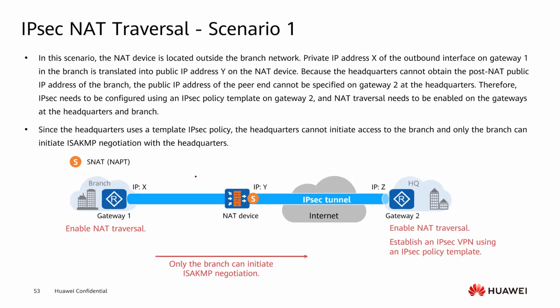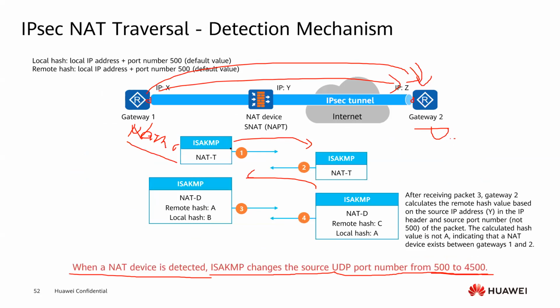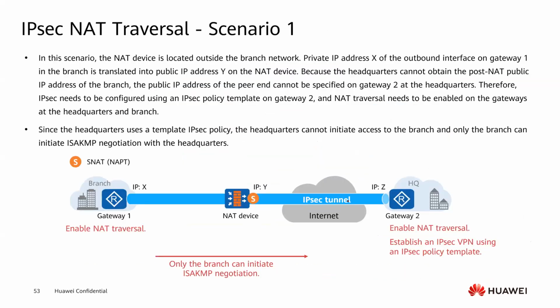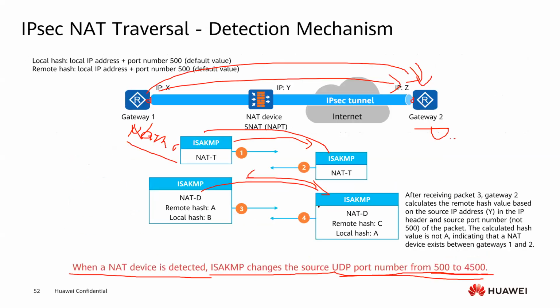Basically, two things. First, it allows them to detect whether there's a NAT or not. If there's a NAT, they will change the port from 500 to 4,500. And after I know the other side has NAT devices,